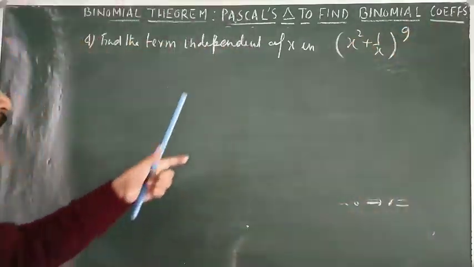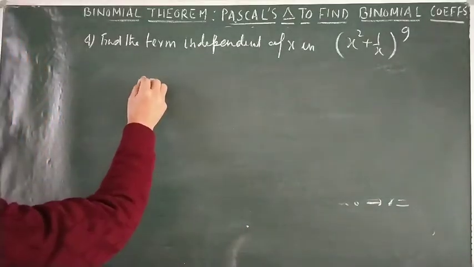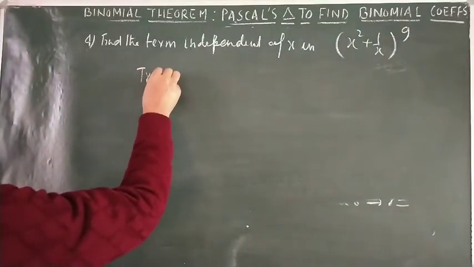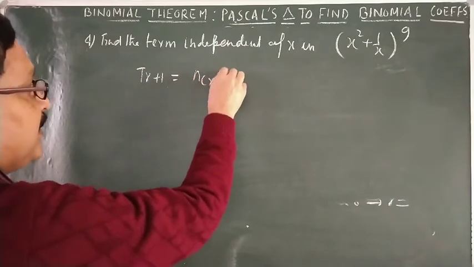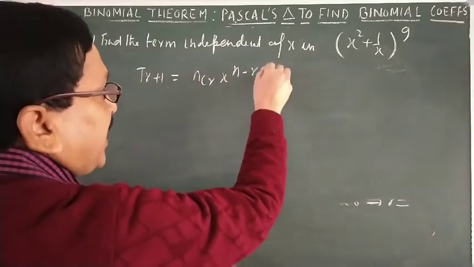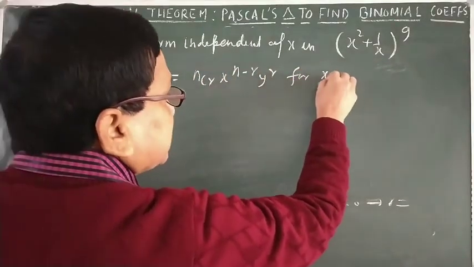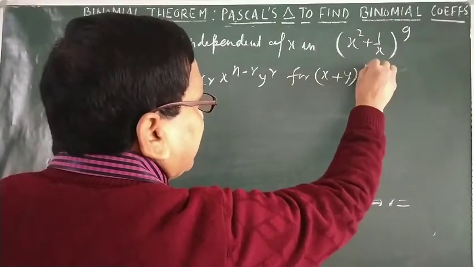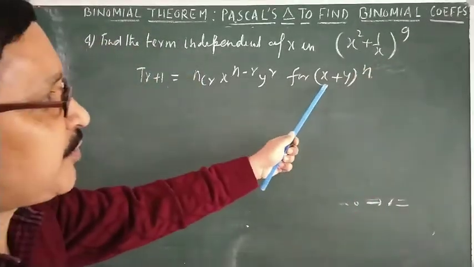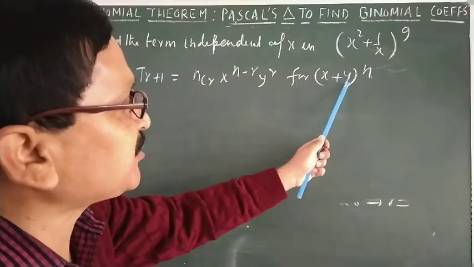This is the problem. Now write T(r+1). T(r+1) is equal to nCr x to the power n minus r y to the power r. This is for (x plus y) to the power n. Now note that in place of x we have to use x squared, in place of y we have to